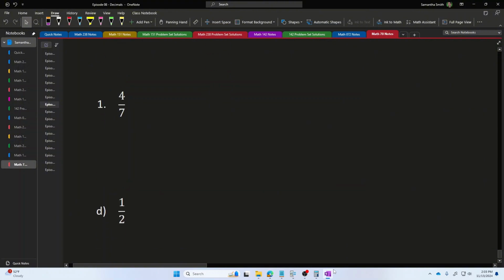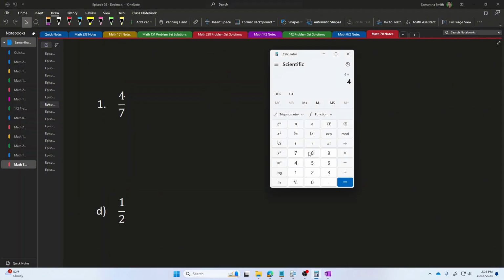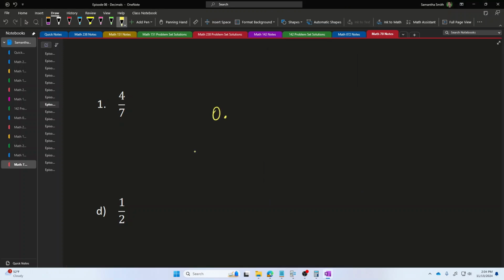And if I wanted to convert 4/7 to a decimal number, I just have to do 4 divided by 7 in the calculator, and I get this huge repeating pattern. So I will round this to 3 decimal places. I'll look at the 3rd decimal place, and I'll look at the number directly to the right of that, and the number directly to the right of that is 4, a relatively small value. So all I have to do is delete all of these numbers, and I get 0.571.